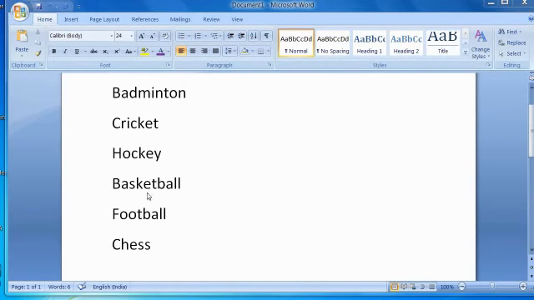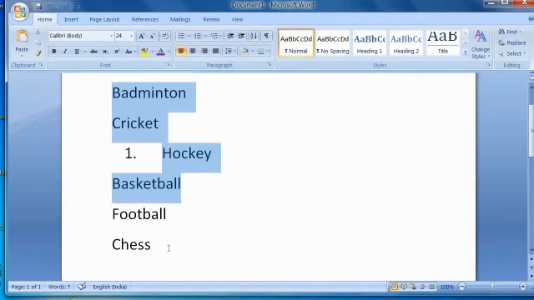See the screen, children. Different types of games I have listed on the screen. Okay, here we don't know how many names I have listed. So what can we do here? See the paragraph group. Inside the paragraph group we have a bullet style. Okay, we have a bullet style. First we have to select everything.